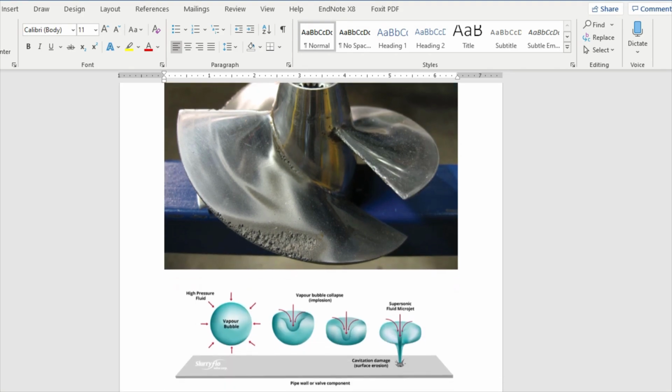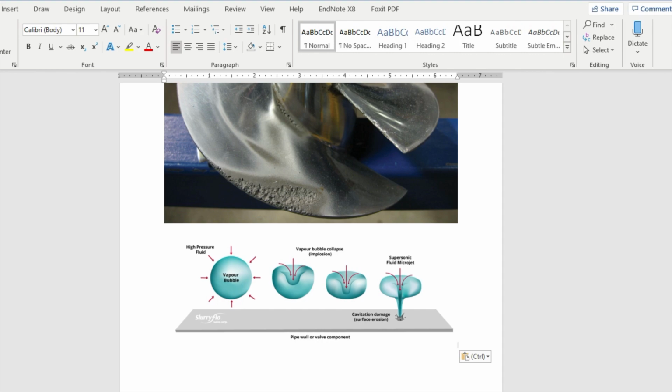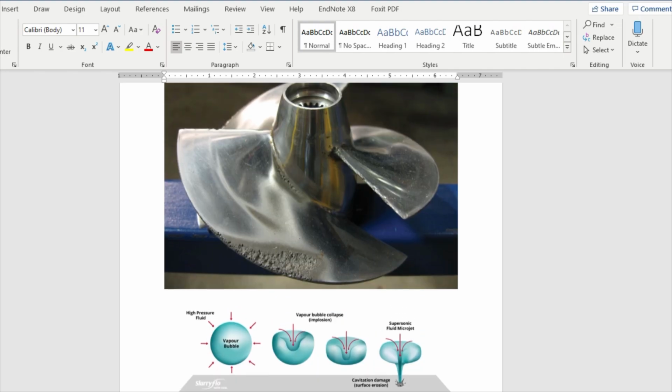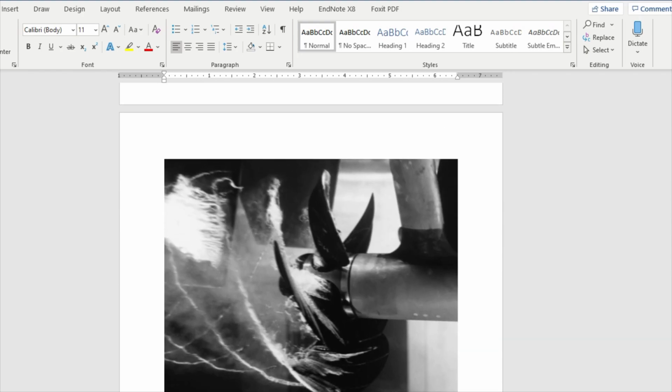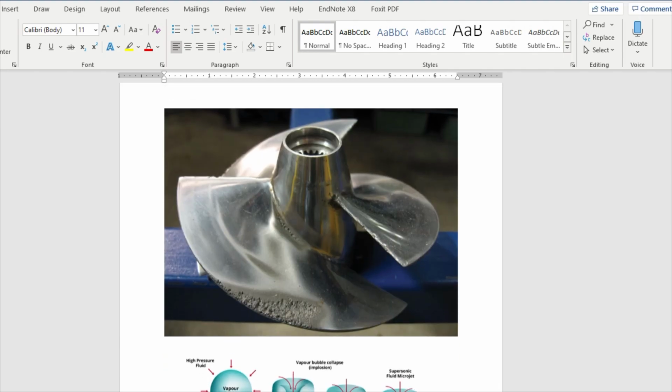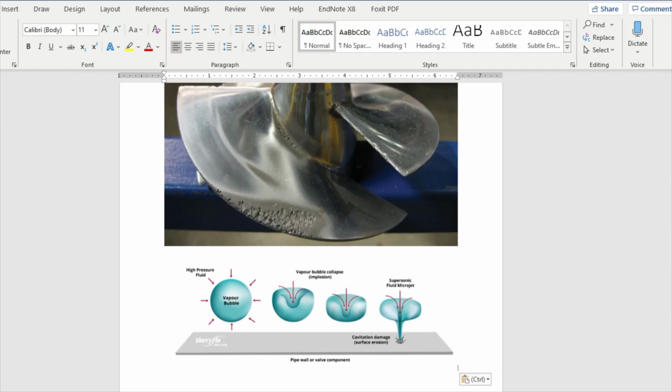This is another graphic that just shows a different picture. This is from slurry flow, and it shows how if a bubble forms, then when it collapses, it actually creates this type of supersonic fluid microjet that attacks the surface. So that's what's going on here, and you can see how the bubbles are forming on the surface. And so that's cavitation. Okay, so that covers the stress corrosion, cyclical corrosion, and the cavitation concepts that you need to be aware of when it